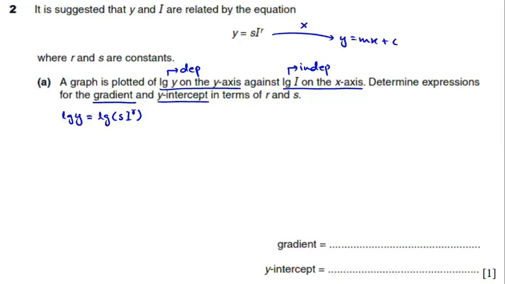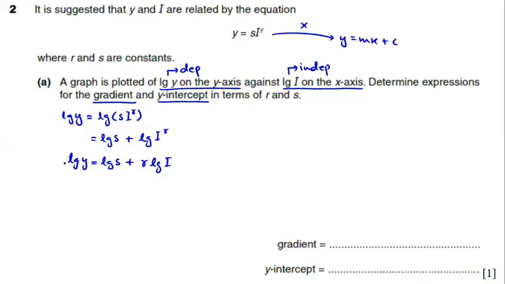Now look at the right hand side of the equation. It is log of the product of s and I raised to the power r, which means that the right hand side of the equation can be simplified by using the product rule. Let's simplify it first. Log of s plus log of I raised to the power r. Now look at this term. This term is a log of a power function, which means that it can be simplified further by using the power rule. So let's simplify this term now. Right hand side now becomes log of s plus r times log of I,